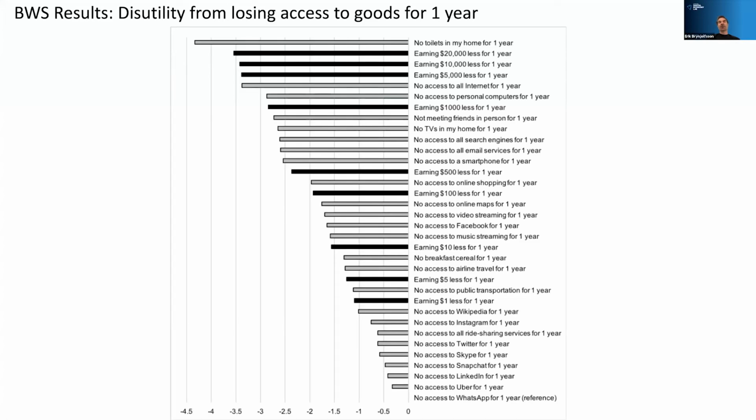Here's a chart where we looked at a whole bunch of different kinds of goods and services, from indoor plumbing. Bob Gordon suggested that was the most important invention, and I think we have some evidence that he was right. Access to internet and personal computers also ranked very high. I was surprised that breakfast cereal is a little low, but I was surprised airline travel is even less than that. So I guess I may be one of the people who travels more than the average American by airlines. We haven't redone that in the age of COVID. It'd be interesting to see how that number changes.